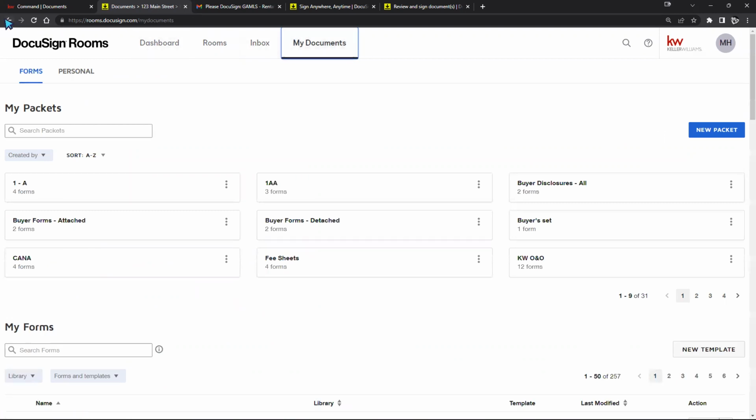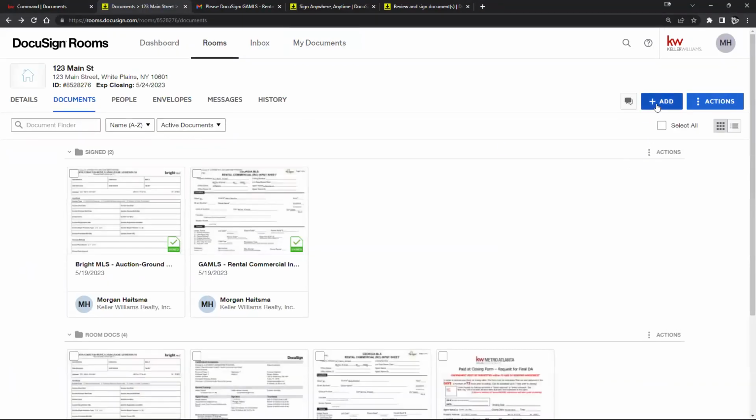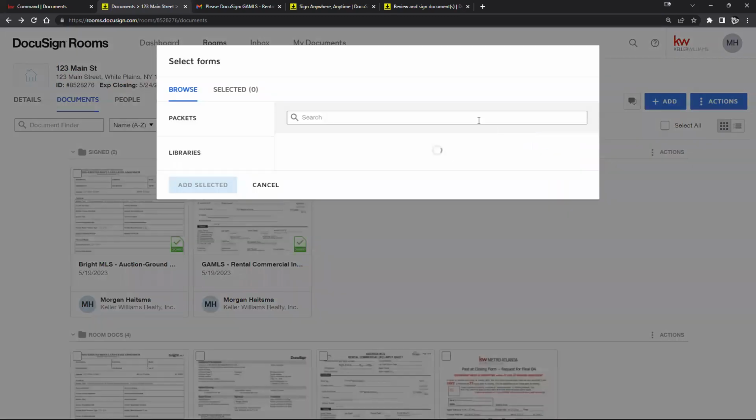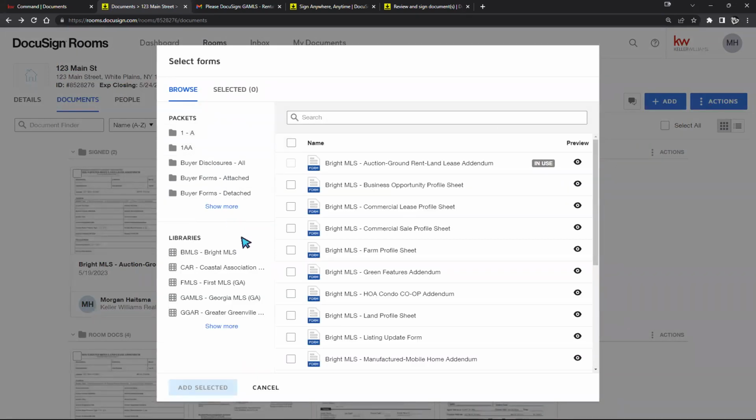So here, let's back out one more time. Inside of our documents, when we go to pull these from our DocuSign forms, you'll have two different sections. You'll have your packets, and then you'll have your libraries. A few months ago, this was divided between, I believe, Market Center forms and then your board forms. But DocuSign updated this to packets right here, and allowed the agents the ability to update and edit these